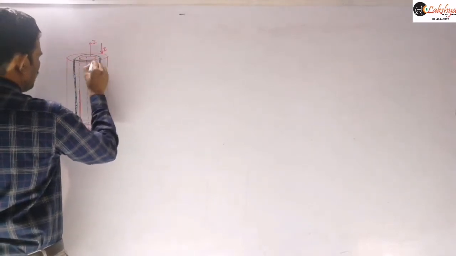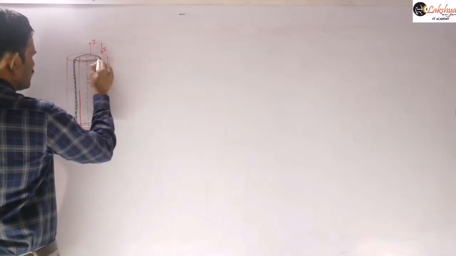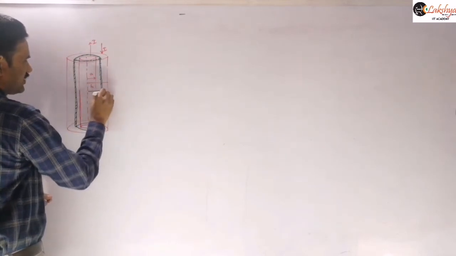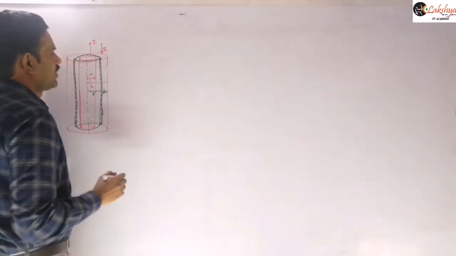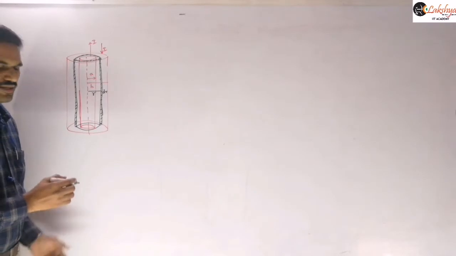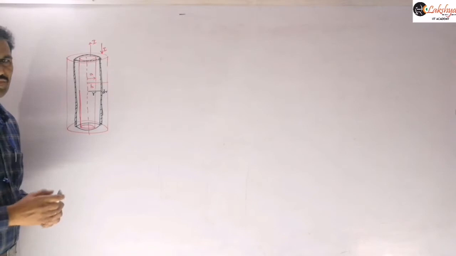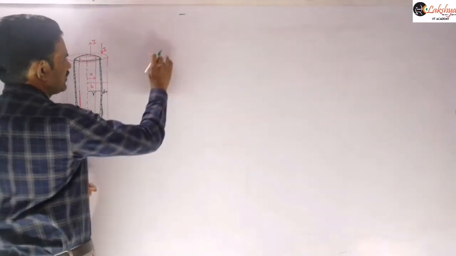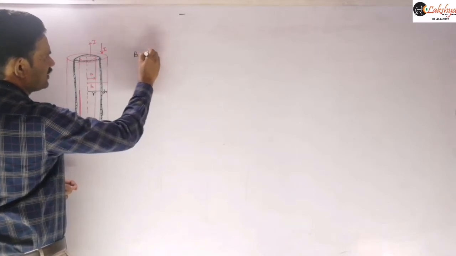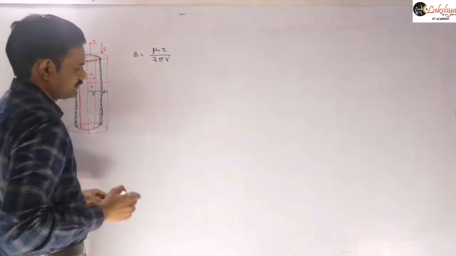So for that we are taking a cylindrical shell, another cylindrical shell we are assuming here of say inner radius r and its thickness is dr, right? And so now at that position you may mention that consider a small cylindrical element of radius r and width dr. Now magnetic field at that position I am writing here. So B value we can write that as mu naught I by 2 pi small r.